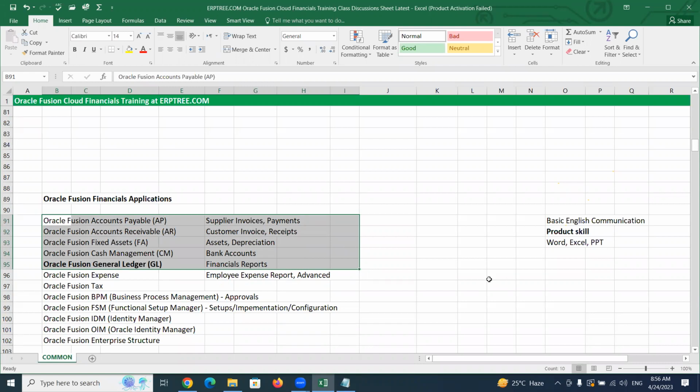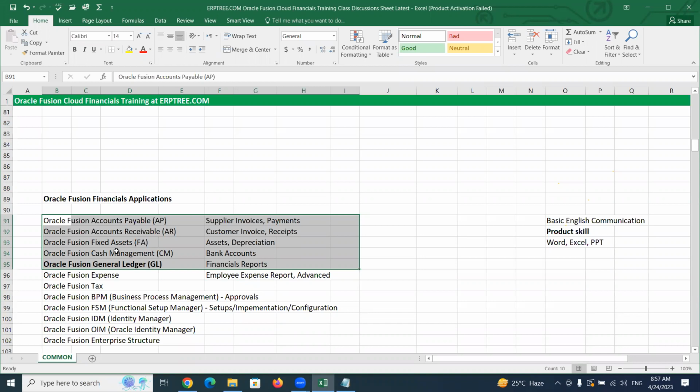The core main applications are Oracle Fusion Accounts Payable, Oracle Fusion Accounts Receivable, Oracle Fusion Fixed Assets, Oracle Fusion Cash Management, and Oracle Fusion General Ledger applications. These are the applications which we are going to learn.